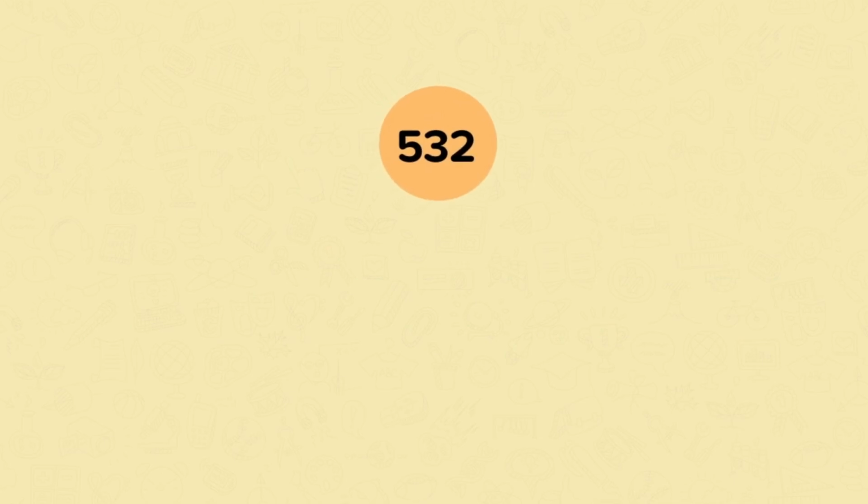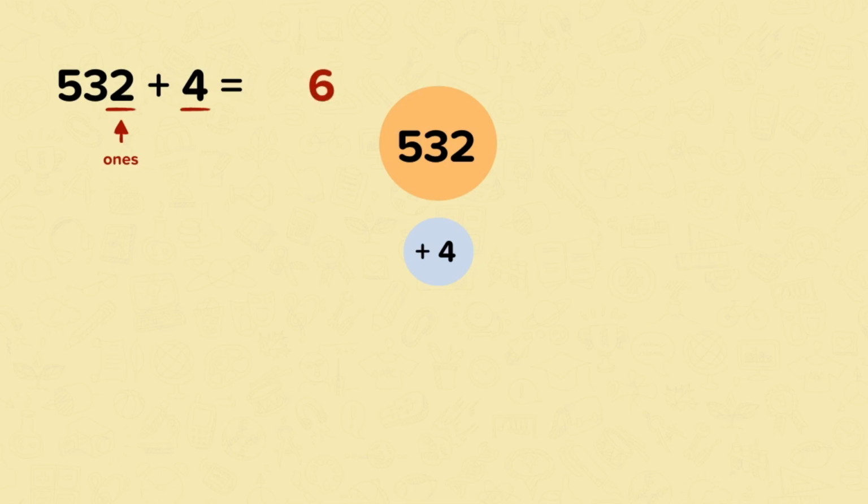Let's start with this calculation. 532 add 4. When we're adding a 1-digit number, in this case 4, we need to focus on the ones. 532 has 2 ones. And now let's add 4 ones. 2 add 4 is 6, so our answer has 6 ones. And the tens and hundreds haven't changed. We've still got 500s and 3 tens. So our answer is